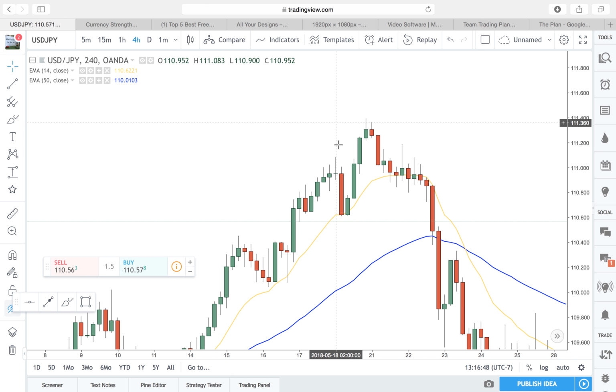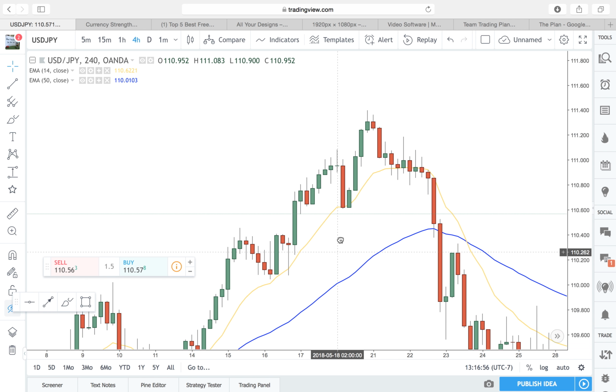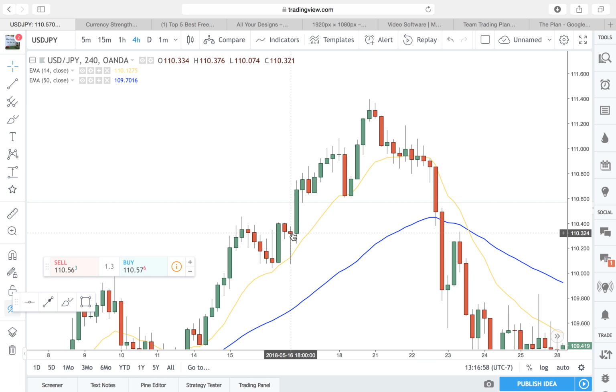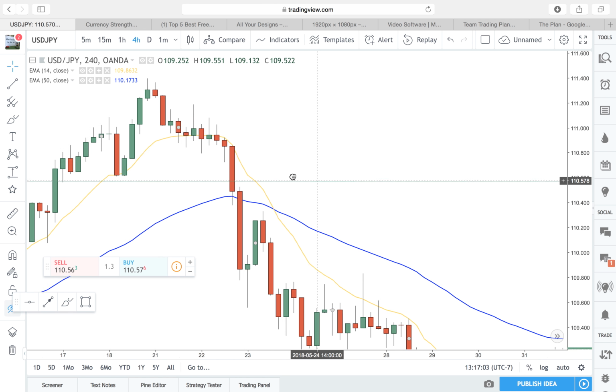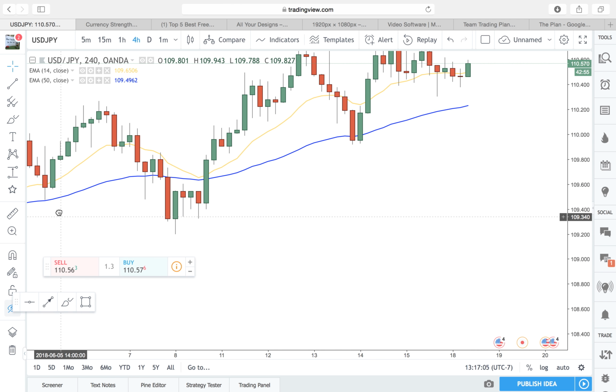Here's another good one. Not as long a wick, but you can definitely see this doji, and look what happened. Boom, tanked on the next 4-hour. That was actually 6 a.m., so right for a 6 a.m. push. Here's another potential doji here, right? Look, boom, reversal. So it's just a very common reversal candle,